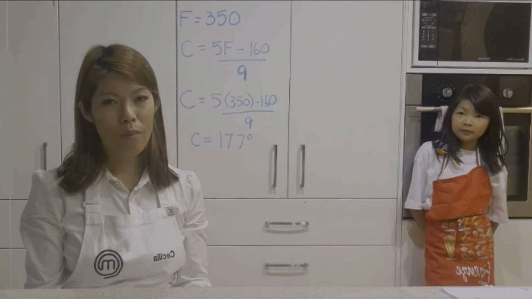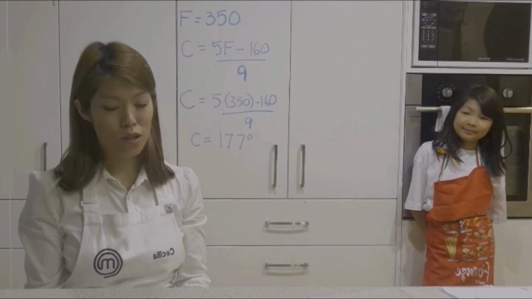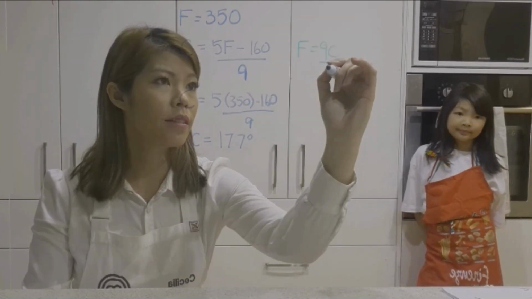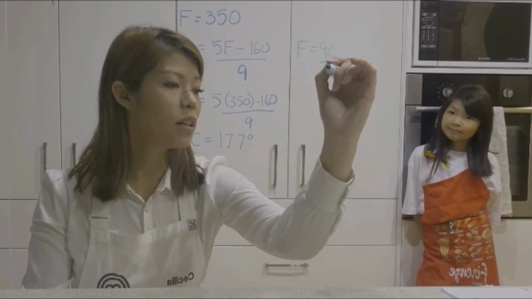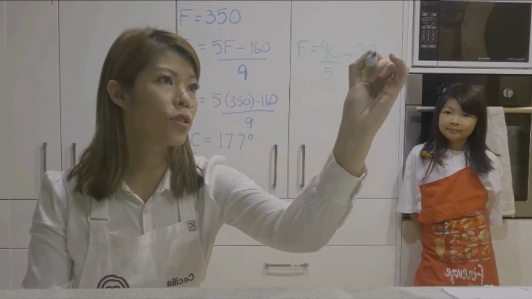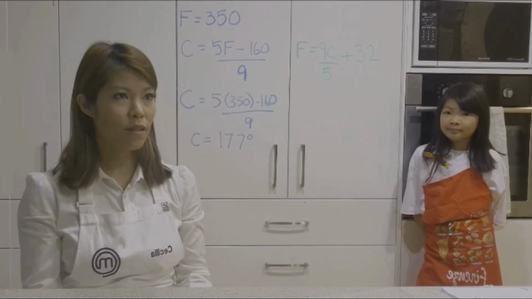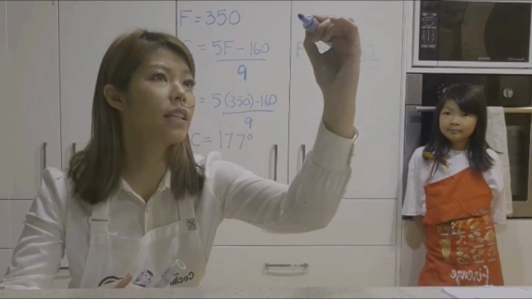We can also do the opposite. We can turn Celsius to Fahrenheit if given a formula. So let me show you. Fahrenheit equals 9C over 5 plus 32. And for example, if you wanted Celsius to be 100 degrees,